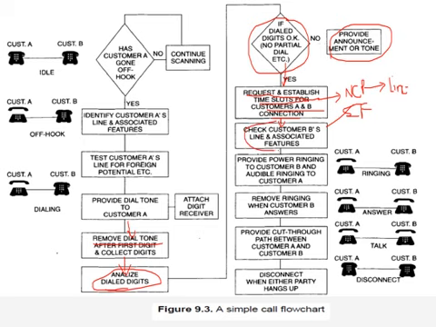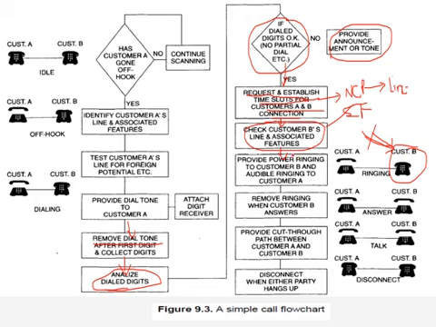whether customer B is having the associated features. So in this case, what is happening is we are trying to see whether customer B is permitted to have an incoming call or not. If he is not having incoming call facility, then the call won't be connected to customer B. So that is what we are trying to check out. Along with that, we are also scanning the line of customer B.